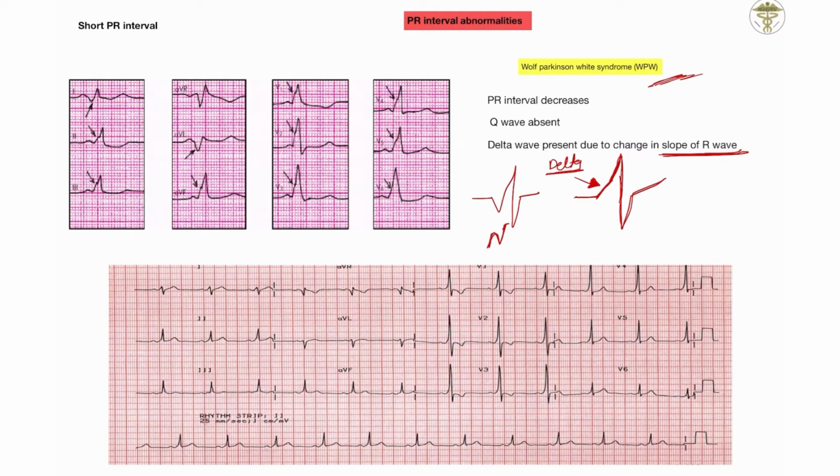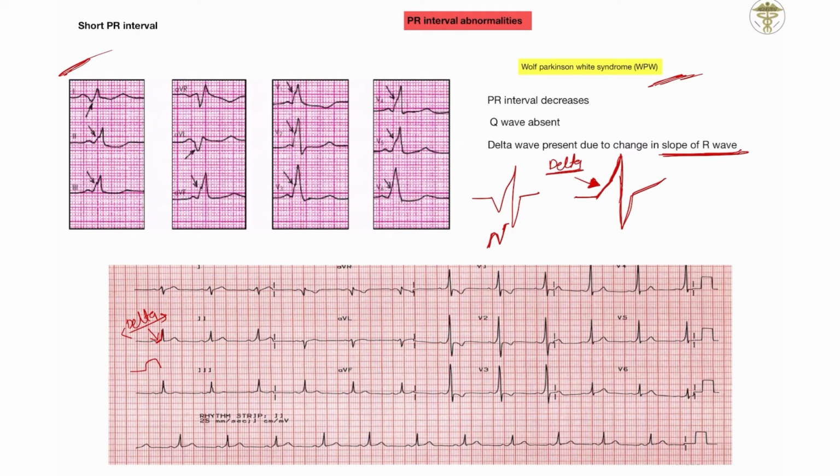I will explain in the ECG. Here you will see in the diagram, mostly in the second lead, this is the P wave. After that you will see the slope appearance in the R wave, because in these cases the Q wave is absent, so the R wave has some slope. This slope is called the delta wave, and it appears in case of Wolff-Parkinson-White syndrome.